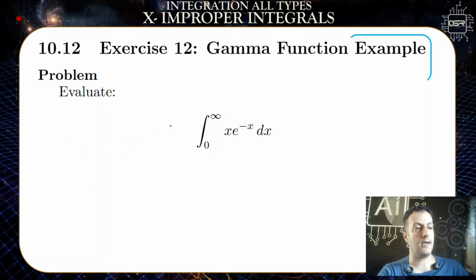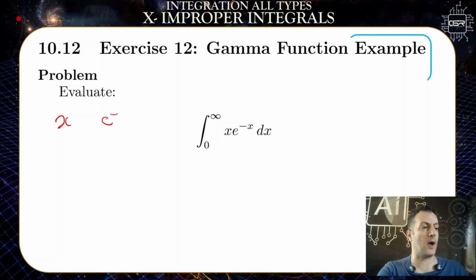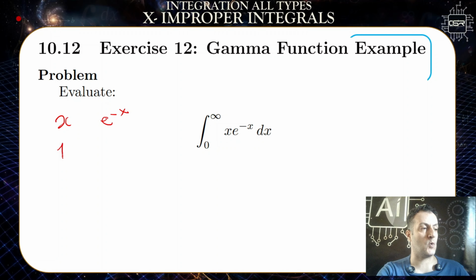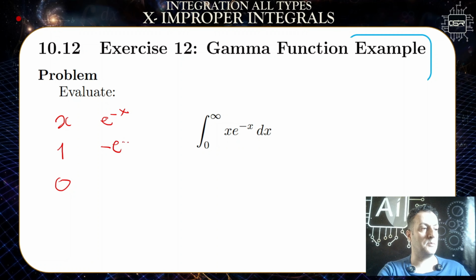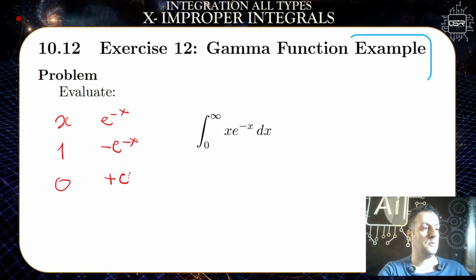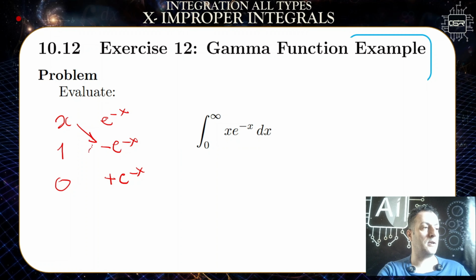Integral from 0 to infinity of x e^(-x) dx. Now here I'm going to use a different approach, which is the differentiation of one component and integration of the other. Tabular solution, okay? So x to the left and e^(-x) to the right. We can also use integration by parts, but this would be, for me, a little bit easier. So derivative of x is 1, then of 1 is 0. As for e^(-x), it is minus e^(-x), then plus e^(-x). And you multiply like this,